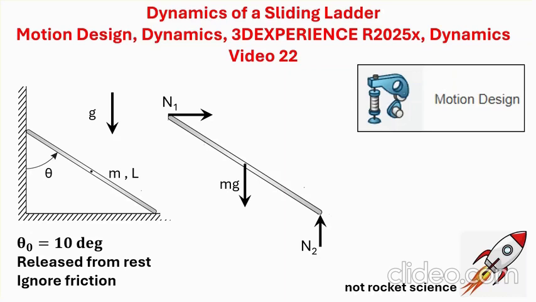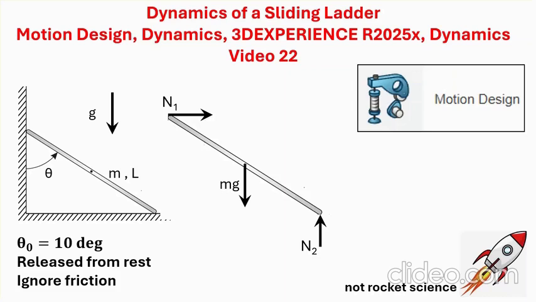So basically, we have a ladder that's leaning against the wall and standing on a floor, frictionless. Both of them are frictionless, and the ladder is let go at a certain initial angle, 10 degrees, for example. What we'd like to do is to simulate this. It's going to fall under the weight of gravity, under acceleration of gravity, and we want to simulate this and find out at what location the top point of the ladder actually leaves the wall, if